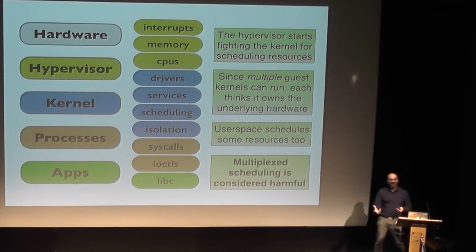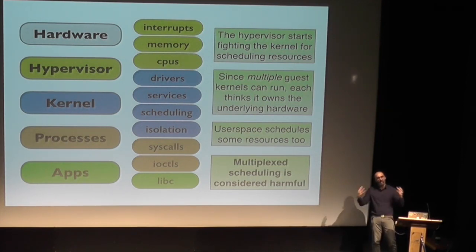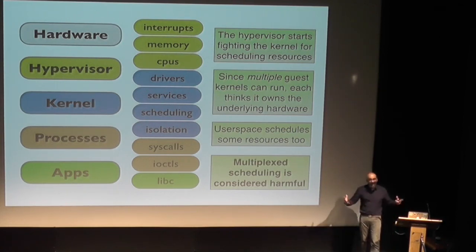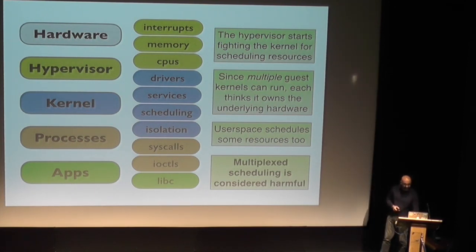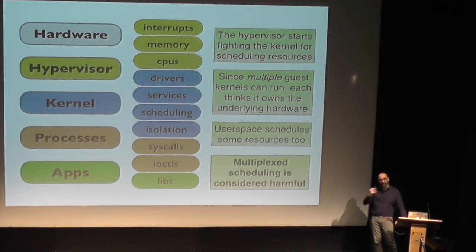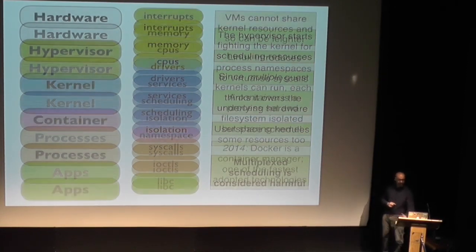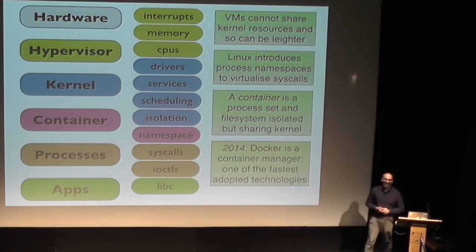So the result of this is that you have this kind of lack of harmony whenever you're processing data, because you might just be doing something, then you get distracted and you have to do something else. And then all of your caches, the things that manage to keep modern computers fast, are all just being destroyed, because the application has no kind of focus, no flow in how it's doing its work. And this multiplex scheduling has long been considered harmful. It's considered harmful in networking. It's considered harmful in storage. It's considered harmful in operating systems at all, because it means that your system is not being used to its maximum efficiency. But then, we're going to fix this by adding another layer, because that's what the industry does.